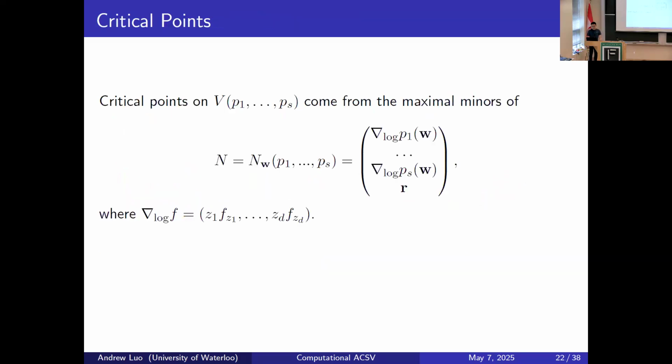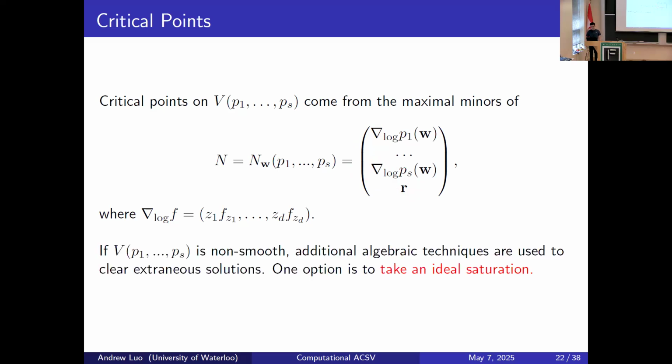Okay, so once you have your Whitney stratification, then you want to compute the critical points on each stratum. It's the same idea as before, except that now your variety is defined by multiple equations, not just a single polynomial. So you want to look at the vanishing of the maximal minors of the following matrix. One thing to note is that this will still have the points of any substratum, so any lower dimensional stratum will trivially still satisfy this set of equations.